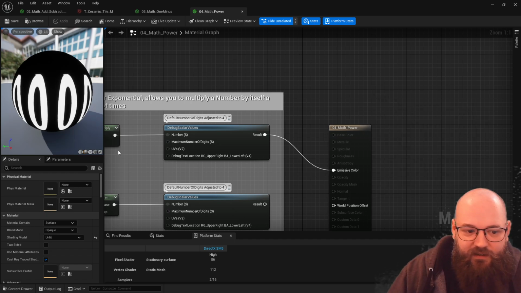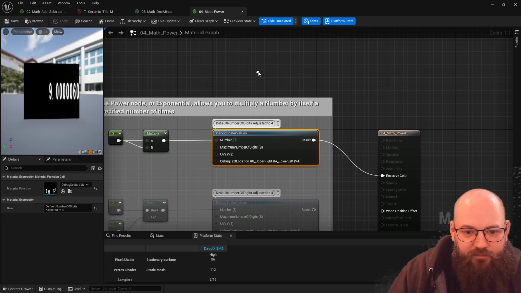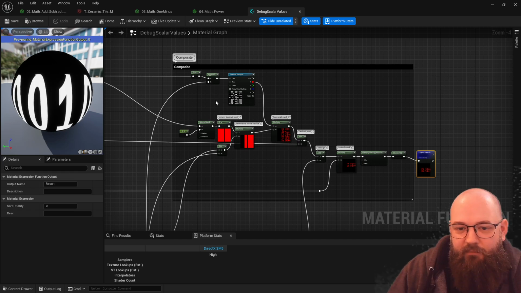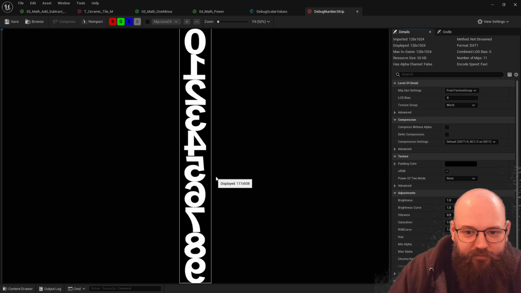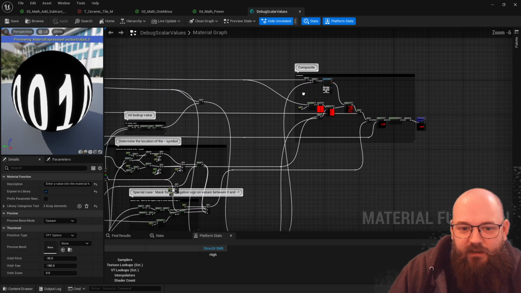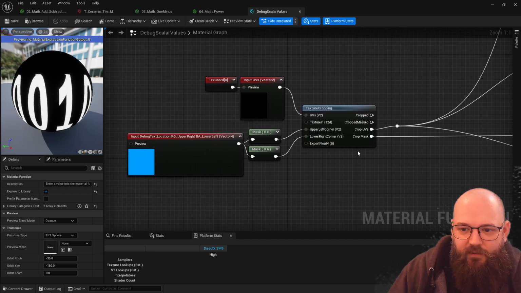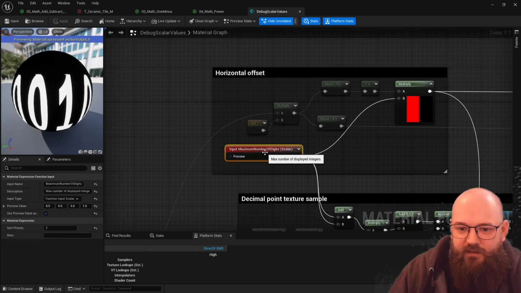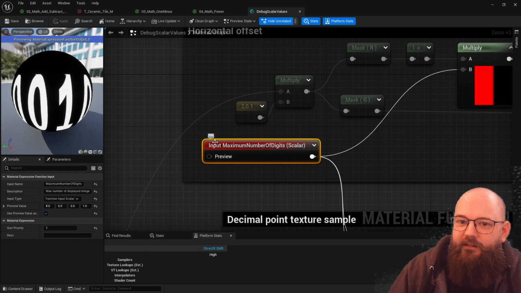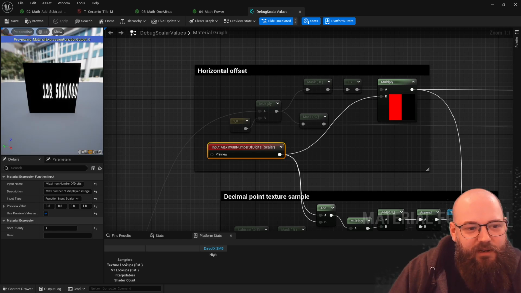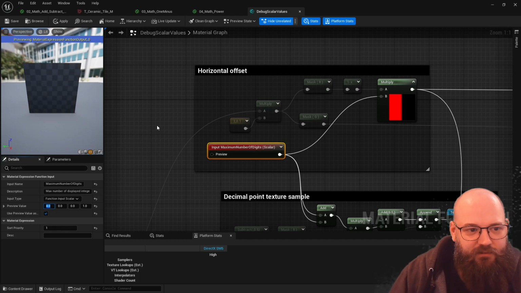And you might see here that I have adjusted the values. Number of digits adjusted to 4. So this is going to take our input number and then using a text sample, it's going to convert that into a readable set of numbers. And the default input, if I can find it, lower left, no, maximum number of digits. The maximum number of digits here up on the top is set at 8. Which, if we have a look, is quite a lot of information. So I'm just going to knock that down to 4 and then save, just to make things a bit clearer